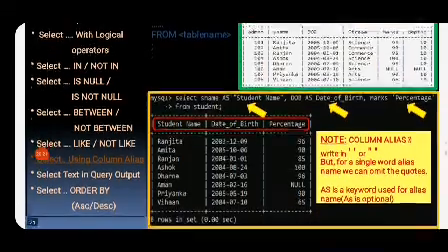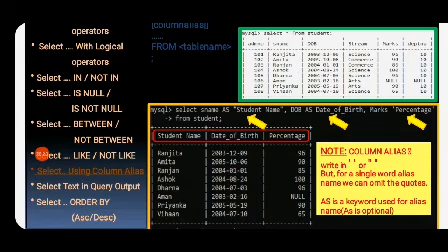So whatever may be the field name, if you do aliasing of those column names, you will get that name in the output. It will not change the name of the field in the table, but in the output you will get that name.